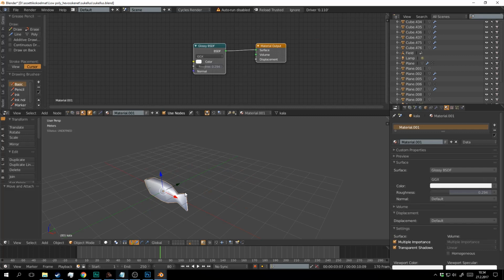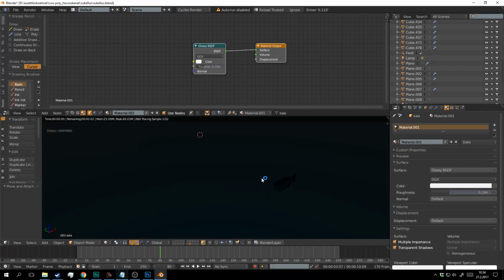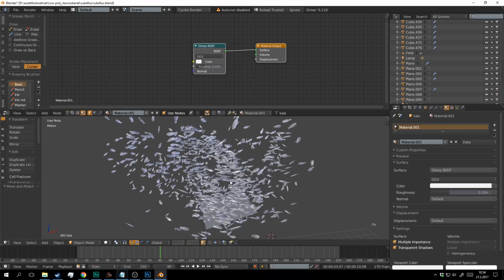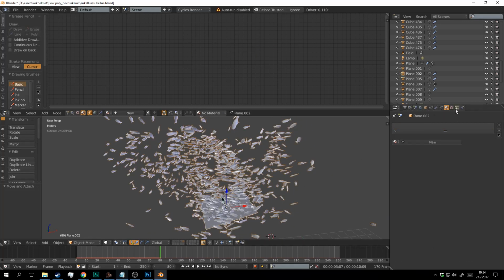And the fish is not very complicated object. It's very simple, but because it's background object, I didn't wanna make it very detailed because that would add too much render time again.